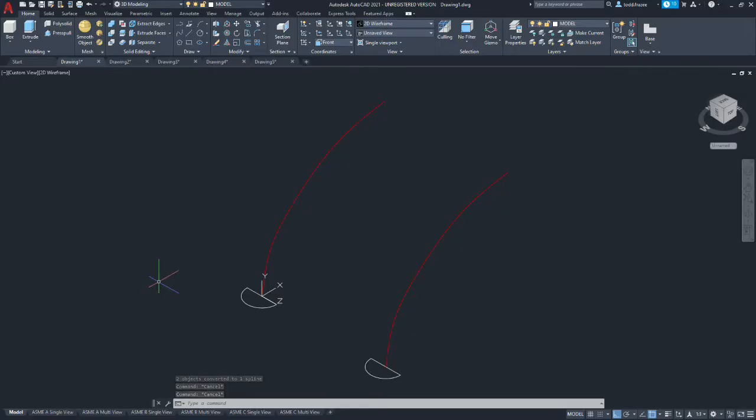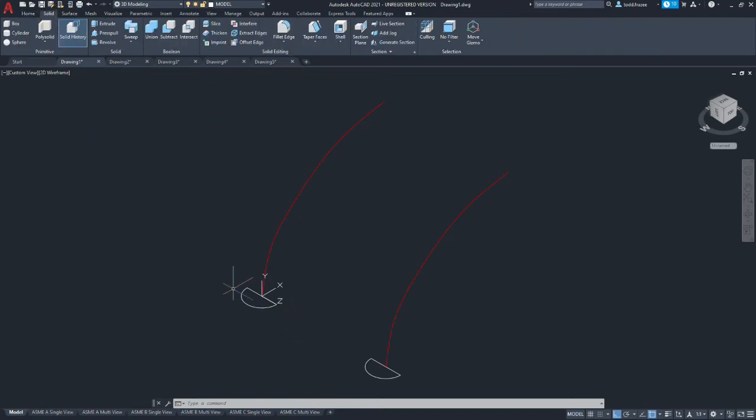Okay, in this example, we're going to sweep some similar shapes that you've seen before. We're going to make two solids, but we're going to change the end conditions for alignment so you can see the difference in the resultants. So we're going to go to solid, and I've already created splines out of my entities here. And we're going to do a sweep, and we're going to select our curve first, and then we hit enter. So if we take the default, which is set already, we're just going to go ahead and select our path, and this is the default alignment.